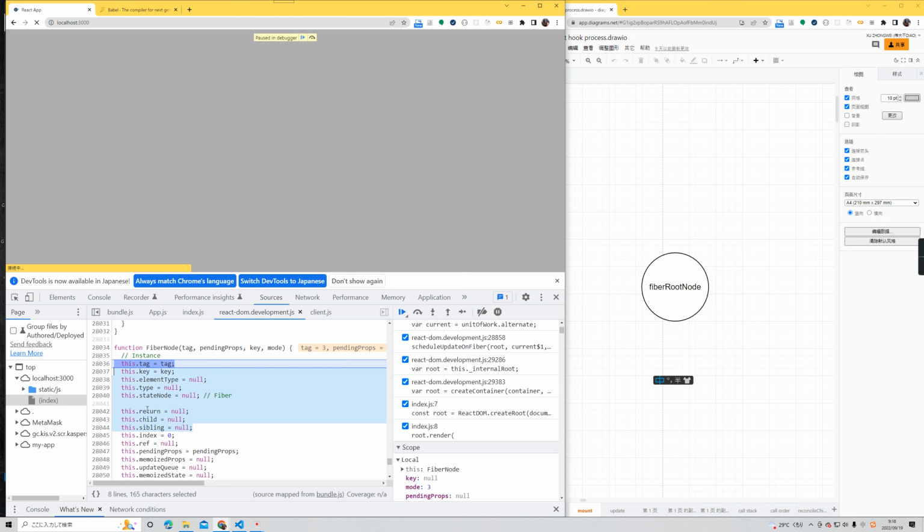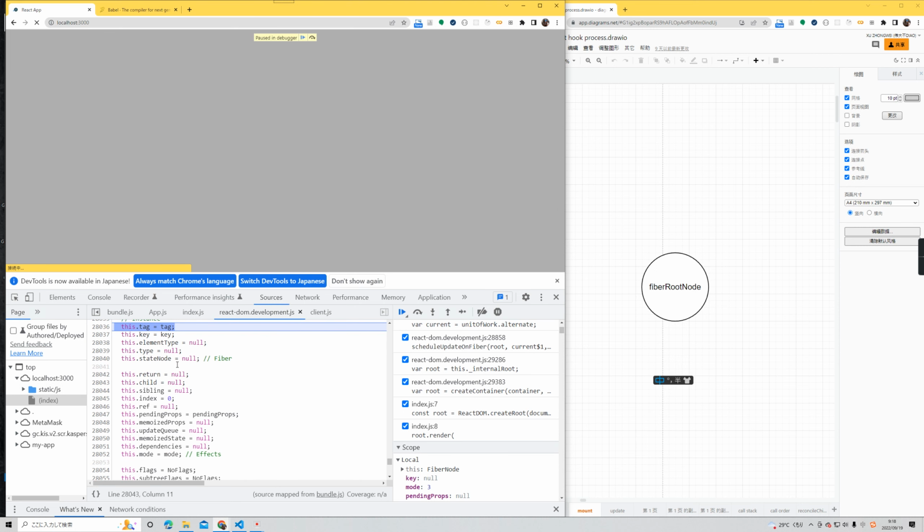For example, the return pointer will point to its father FiberNode, and the child pointer will point to its descendant FiberNode, and the sibling will point to its brothers,